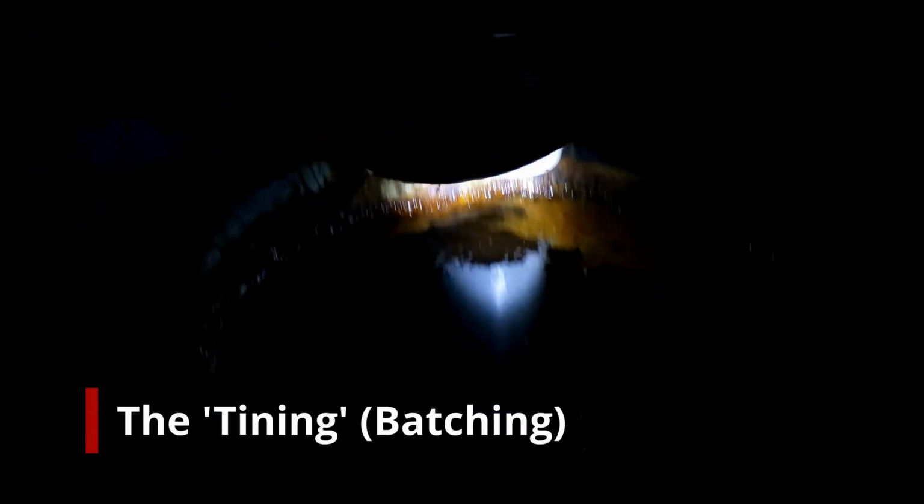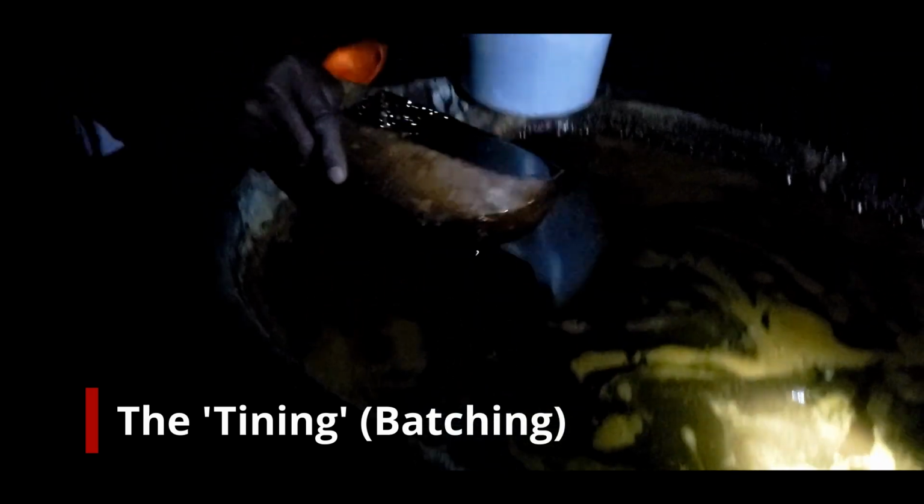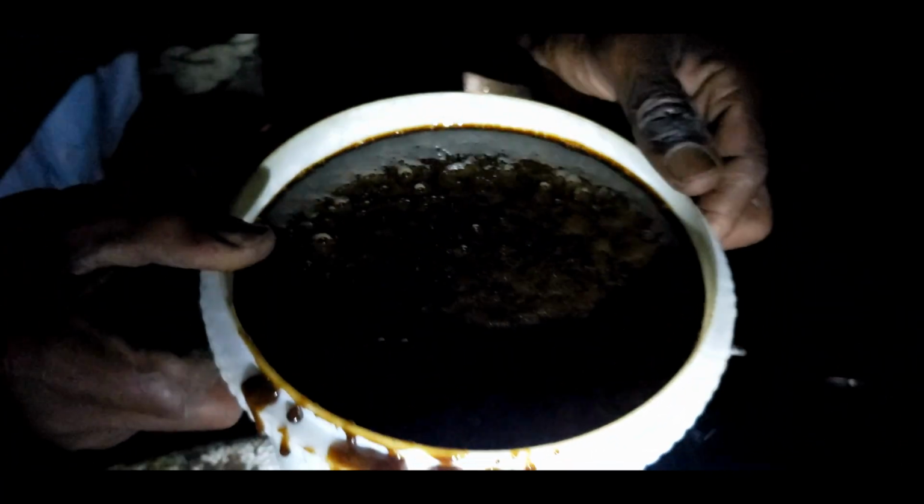What Mr. Bugs is doing now is to tin it up, he calls it. This is where he takes it from the cooler, a container that cools the mixture, and pours it into smaller cups or containers. Alright, using our old gourd, right? Yes. Calabash. That's the baby there. That's the wet sugar, man. That's what everybody wants. It's gonna cool. He's gonna put it to cool. And when dried,